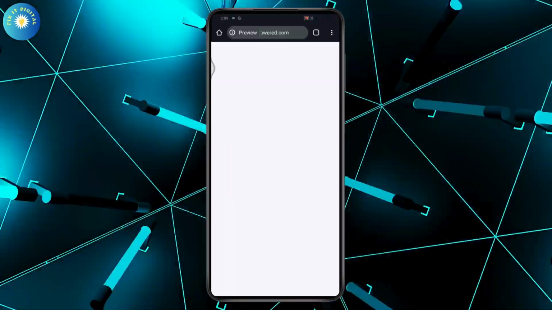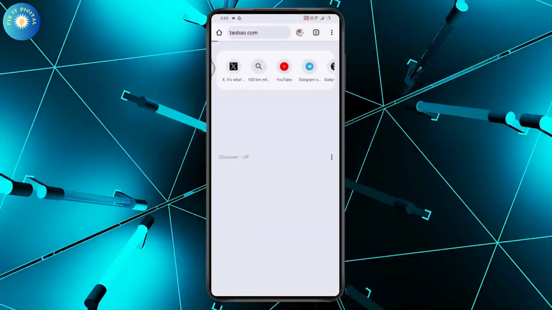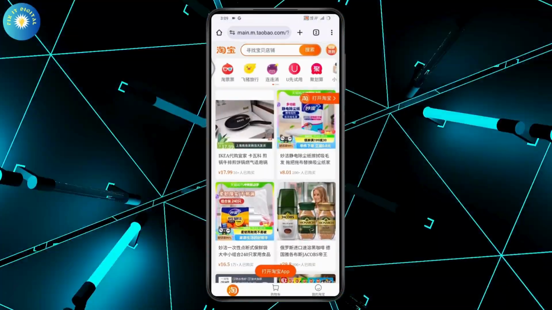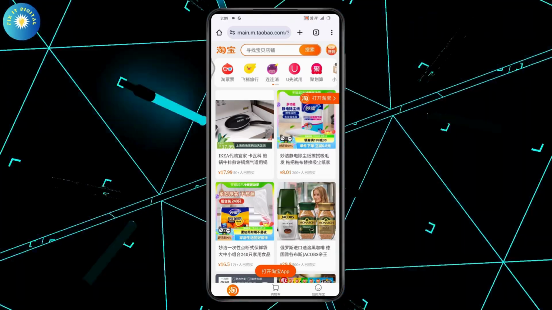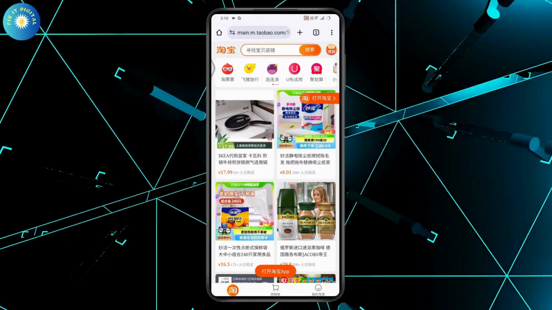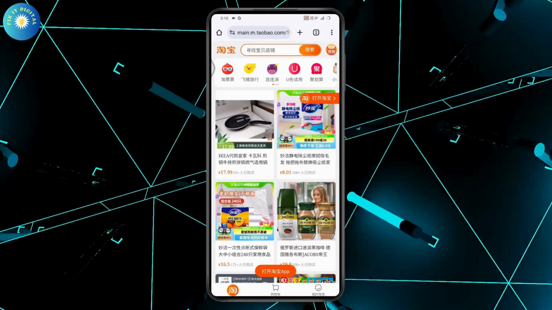Once you're here on the browser, you need to go for the search. You can simply go for www.taobao.com and you can go for this kind of page. So once you're here on this kind of page, you can log into your account or sign into your account,